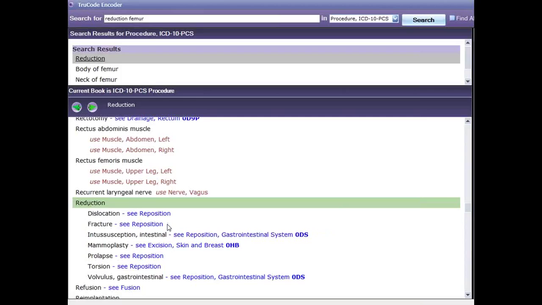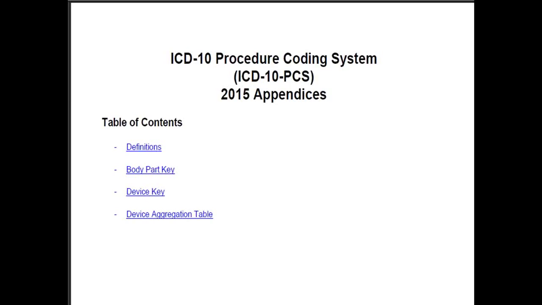Now this goes to remind us again about how important our resources are. You want to make sure that you have all your resources you need and that you have the tools you need to be able to answer these questions, to be able to get comfortable with the codes. So one thing that you need to have as a reference is the ICD-10 PCS appendices. So this is one we've got here. I wanted to show you here. You go under the appendices, and you can go under definitions,